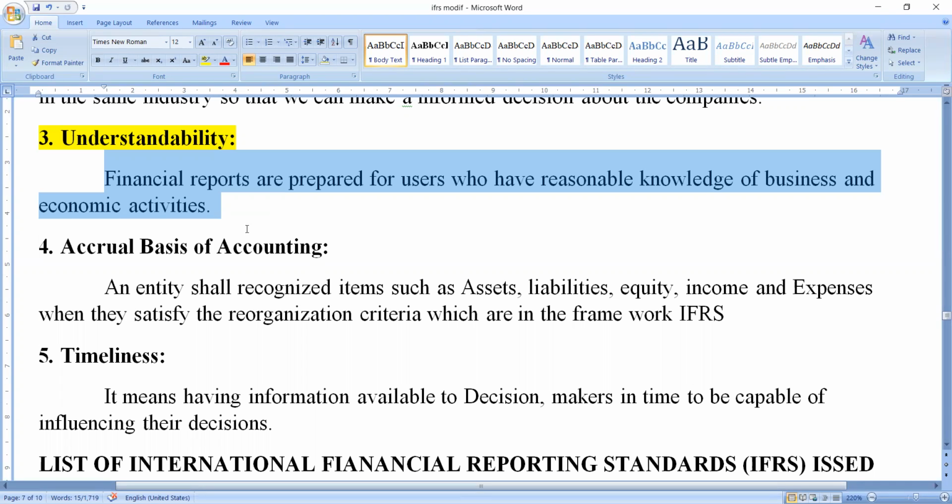To understand IFRS, each and every international financial reporting standard is very easy to understand, very easy to analyze, very easy to interpret. Each and every activity is very easily identified, therefore it is very easy to understand. And next, the fourth one is